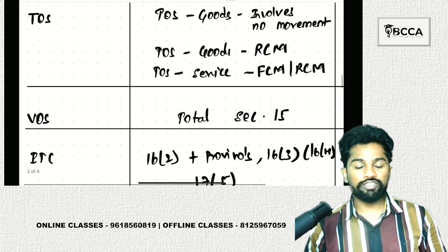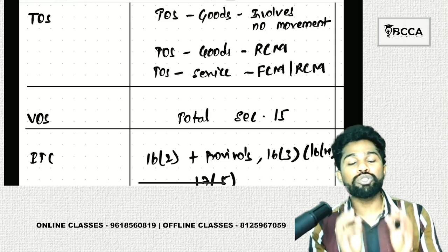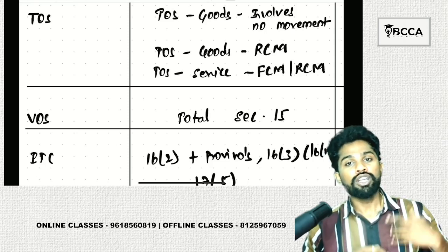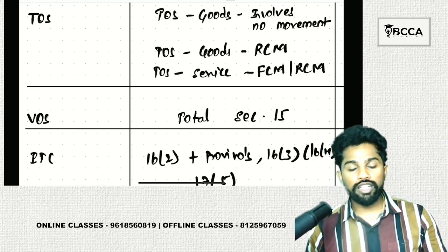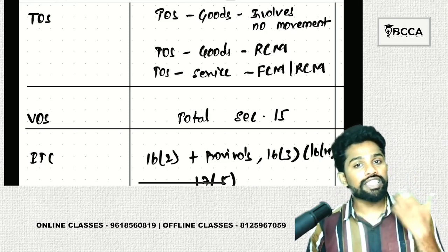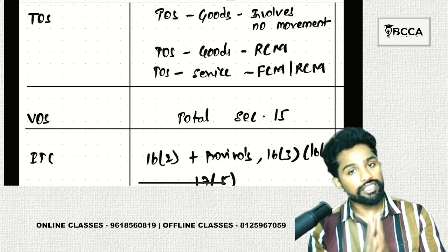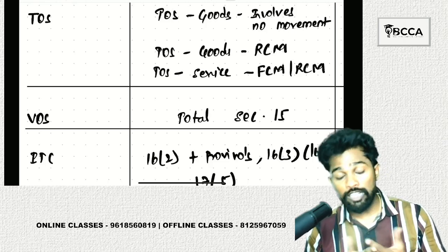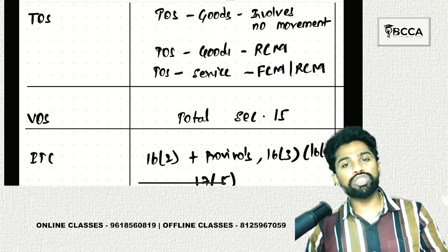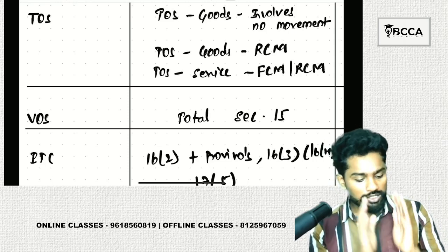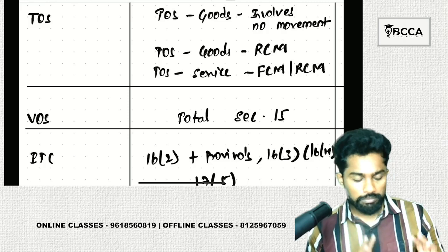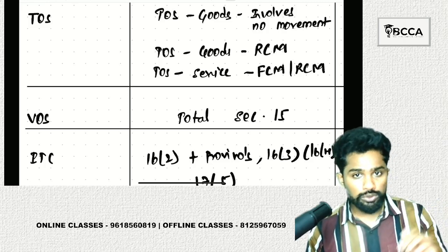Then coming to value of supply. Value of supply, hardly it will come to 1.5 pages, the whole concept. So in value of supply, you should take transaction value, where price is the sole consideration and the supplier and recipient are unrelated, then only you can take the transaction value as the value of supply. There are certain inclusions and exclusions and regarding discount, so that part only. Do that, and problematic questions also, so solve the problems as well.